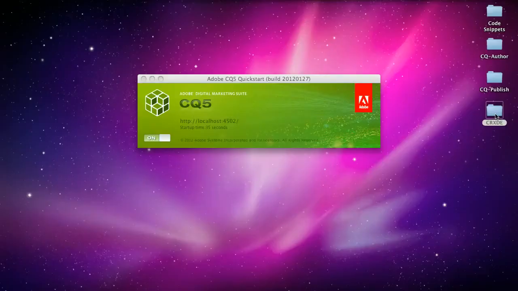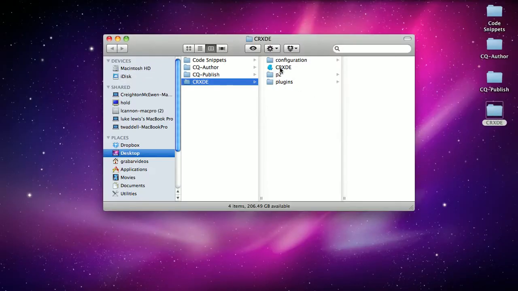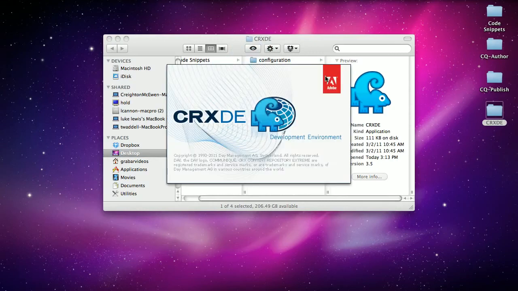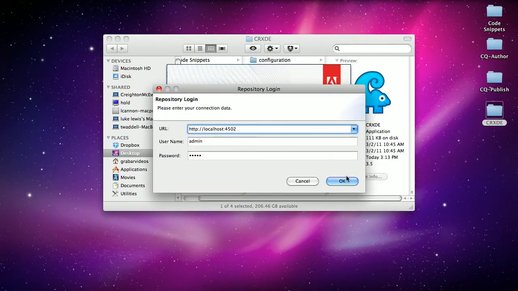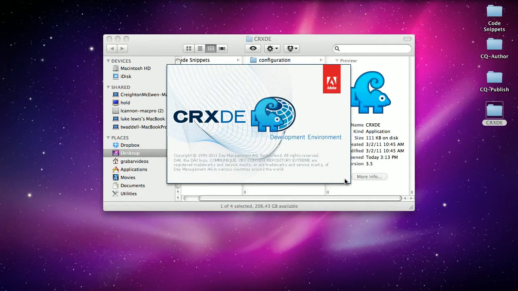So very, very powerful. Let's learn how to include all of these libraries in our pages. The first thing I want you to do is open up CRXDE. Remember, we installed this in the folder here. I'm going to open up CRXDE and log in to my repository. Then I'm going to add, at the top of my JSP page, the code that will include all of the CQ libraries that ship with CQ,